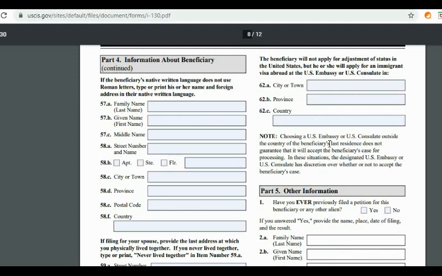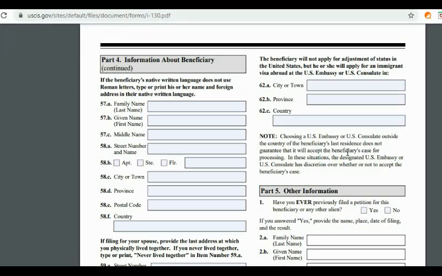On choosing a U.S. embassy or U.S. consulate outside the country of the beneficiary's last residence, it does not guarantee that it will accept the beneficiary's case for processing. In this situation, the designated U.S. embassy or U.S. consulate has discretion over whether or not to accept the beneficiary's case. So make sure you choose the U.S. consulate close to where the person lives. Okay,